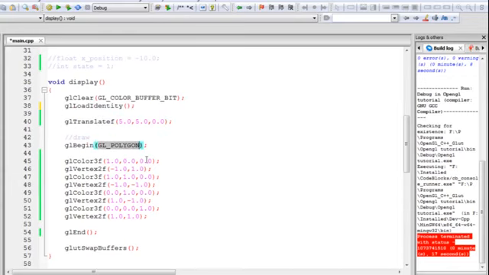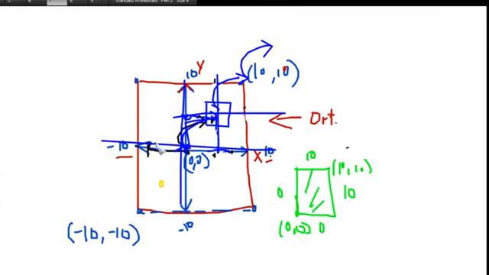So now we'll talk about animation. Before this part, we were changing a variable called exposition, and we were drawing the cube at different coordinates. But now we'll shift the origin to -9. We'll not shift it to -10, because if you draw the square at -10, only half of it will be displayed inside. So we'll shift it to -9, and for each frame we'll keep on shifting it a bit towards